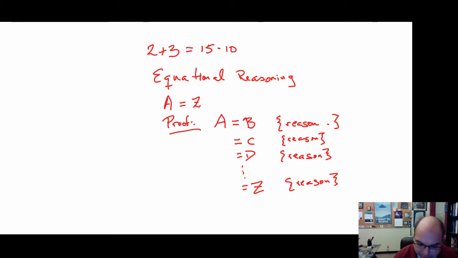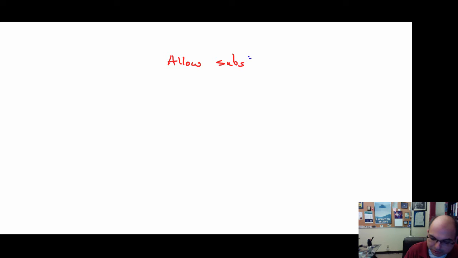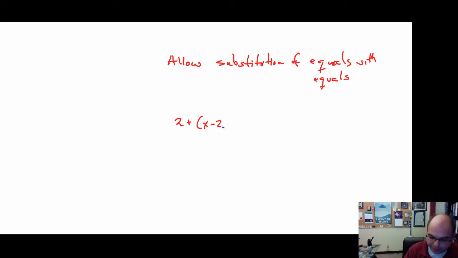Okay, and that's what our main approach is going to be, and that is that we'll allow substitution, which means we'll just replace equals with equals. Okay, so that's our only rule. For example, let's start with 2 plus x minus 2, and what I'd like to show is that this is actually equal to x, right? So to prove it,